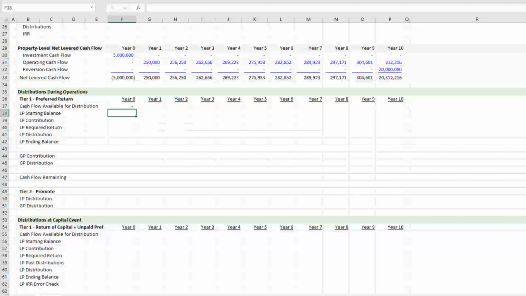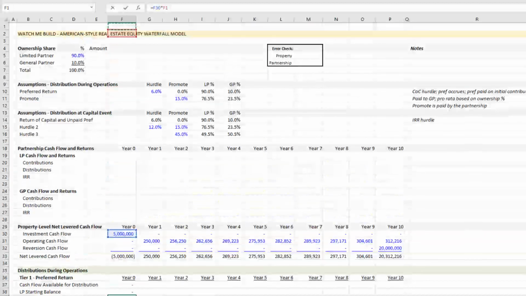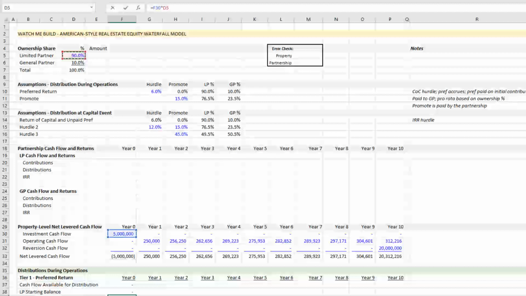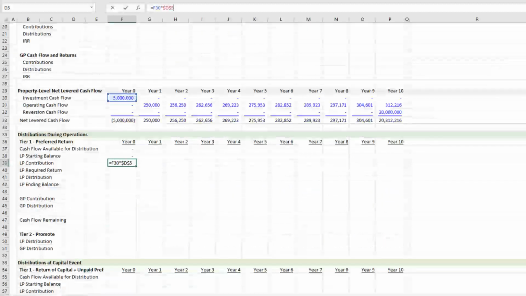Then I have an LP starting balance, and this is a hard-coded value. The LP's starting balance is always, or almost always, I can't think of a case where it's not, 0 at the beginning of time 0. Then we have some LP contribution. And what is the LP's contribution? Well, it is equal to the investment cash flow multiplied by the LP's contribution percentage, or their ownership share. And we hit F4 on that cell D5,